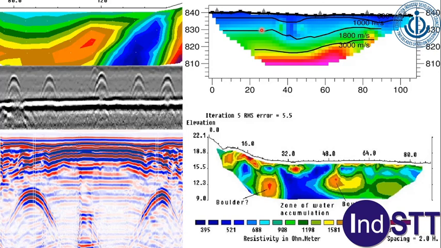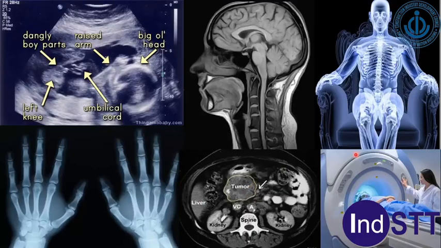Here we are creating the images of the human body using different kinds of rays and waves without actually cutting open the body or intruding inside the body. Same thing which we are doing with the earth, without cutting open, without drilling, without trenching, to find out what's inside the earth. Our life is slightly more difficult than the medical imaging profession for the simple reason that in the human body